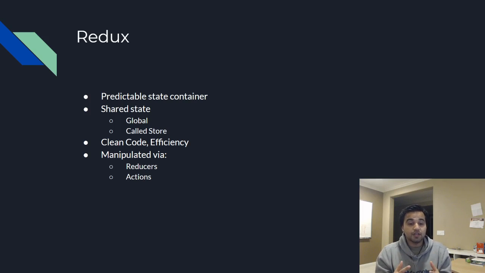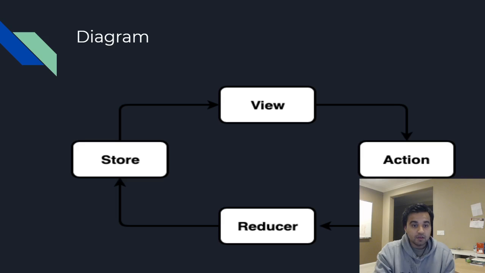Well, there are two ingredients that we're going to need, and they are reducers and actions. So how are they interrelated? We're going to see right now. Here's the diagram. The view is the